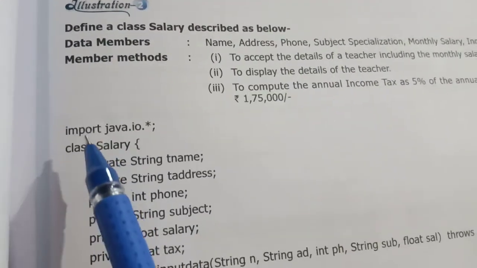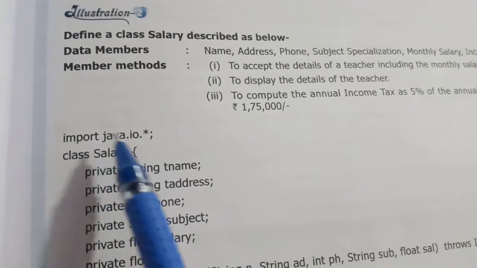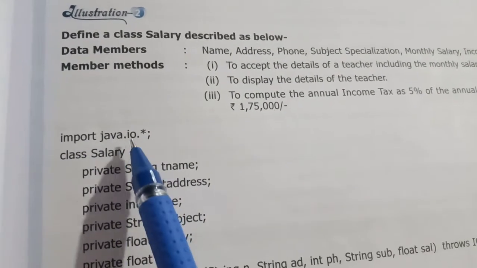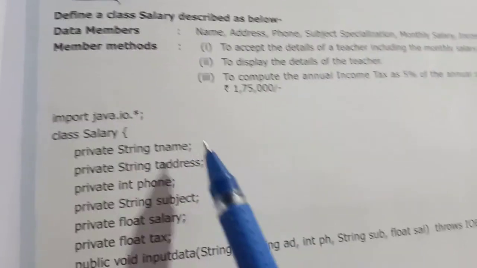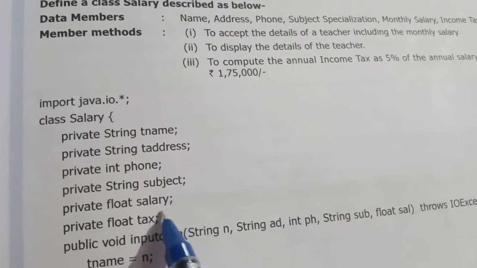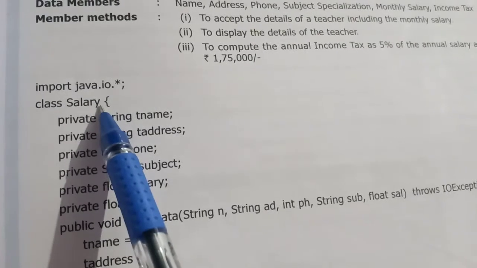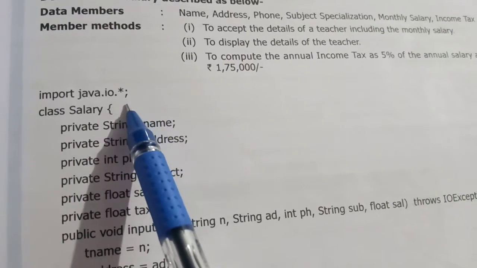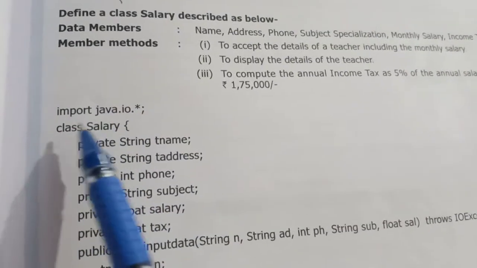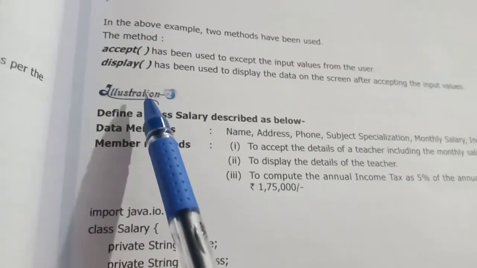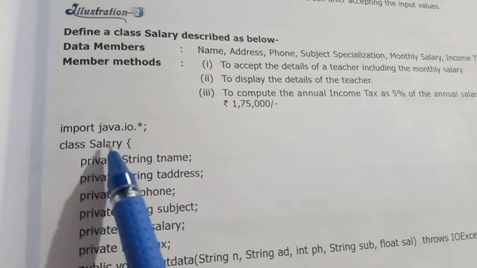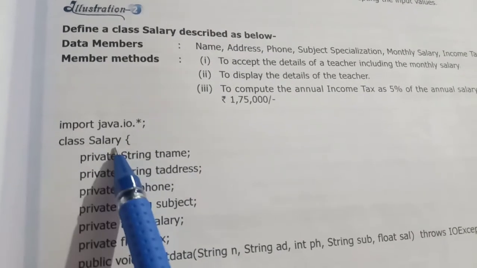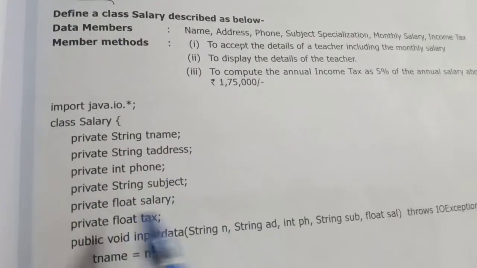For this I told you that first of all we need to declare a package. So here we will use import java.io.*; After every line you need to put a semicolon except for a class. In the class section you should not put any semicolon. Semicolon means the line ends here. So we will start class Salary, as it is given that we have to take a class Salary. After the package, I told you we have to initialize a class. Then we will take the variables which we have been given.